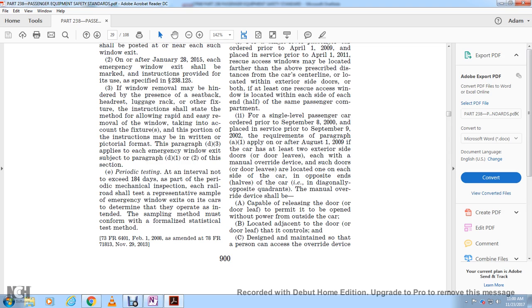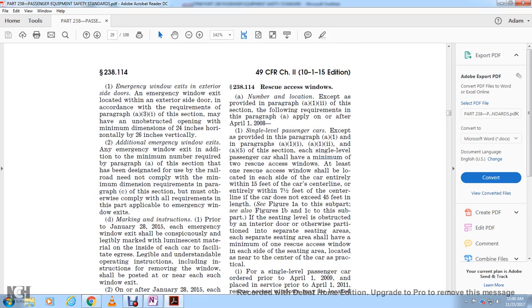Periodic testing, at an interval not exceeding 184 days. As part of the periodic mechanical inspection, the railroad shall test a representative sample of the emergency window exits on each car to determine whether they operate as intended. The sampling method must conform to a formalized statistical test method. Alright,